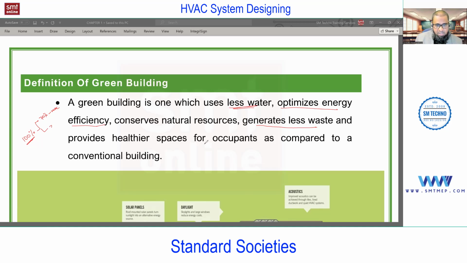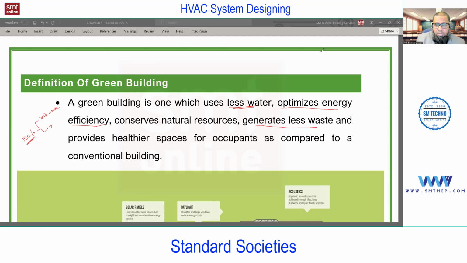The green building is not just a term; it's a process which is used not only in HVAC, but in almost all the services, including the architectural and structural side. Even on the architectural side, the paint which is used inside the building is taken care of, because when the paint heats up, it will produce chemicals which are harmful for human breathing, that produce VOC chemicals. So that is also important. The green building focuses on saving the environment, saving human health, a lot of things.